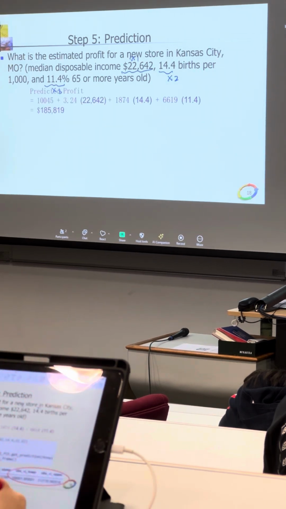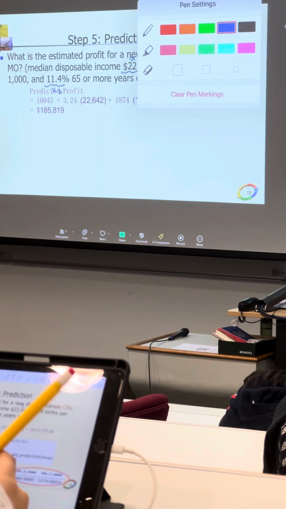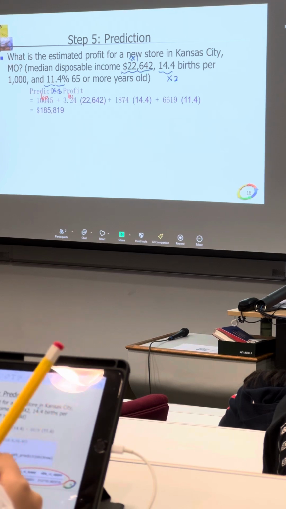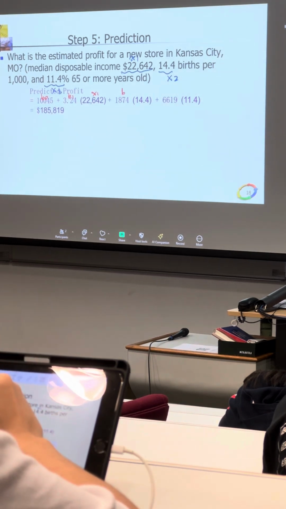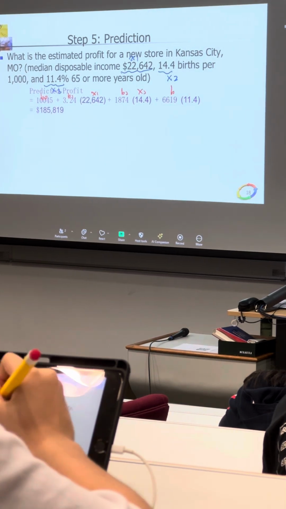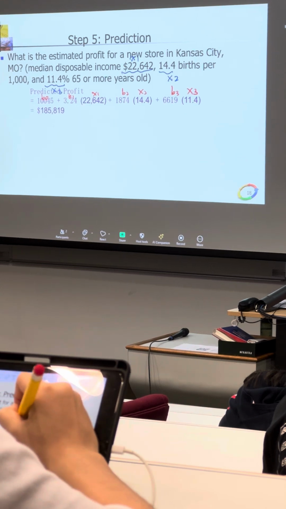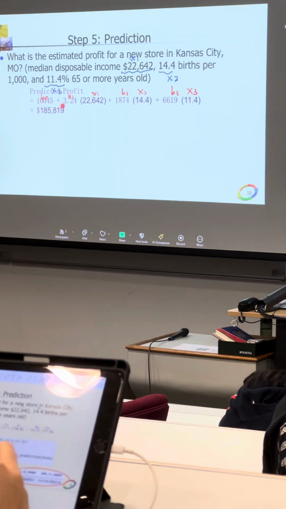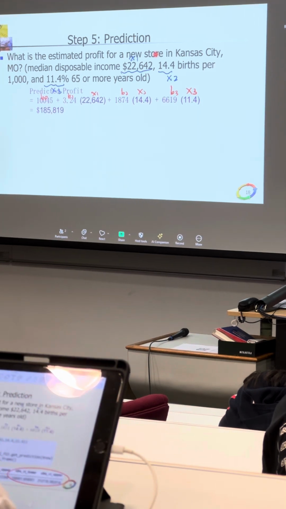Then we can plug in, so we have the predicted profit as B0 plus B1 times X1 plus B2 times X2 plus B3 times X3. And then we can have the point estimate for the profit in this new store. That will be around